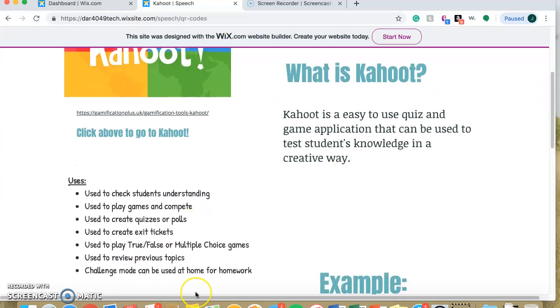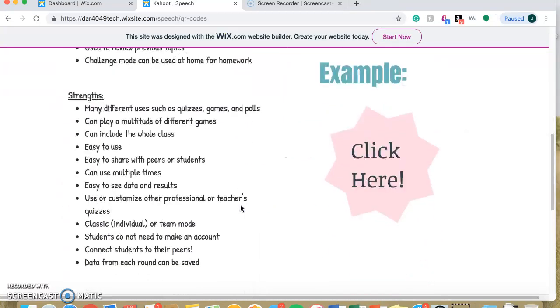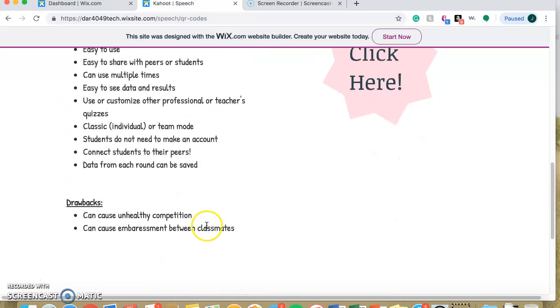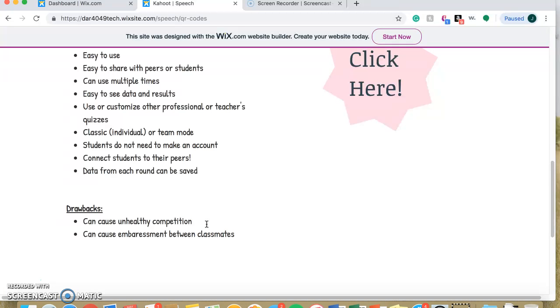There are many uses to this because it's not only a games and quiz software, but you can do polls and many different games. You can use exit tickets, you can do it for homework, you can do it as a review. There are several different uses for it. That makes the strengths very long for this, and with also very few drawbacks. I didn't have many drawbacks to include except for the fact that it does include names, so it could cause